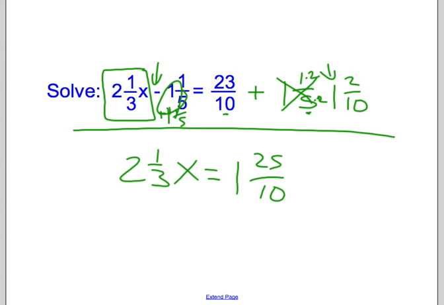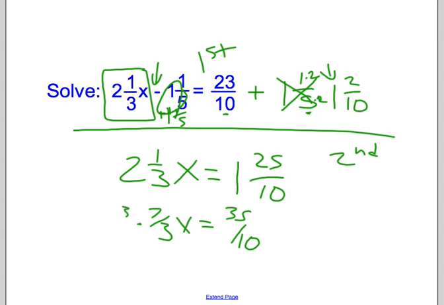Okay, at this point, now we can change these into improper fractions because we need to multiply by the reciprocal. So here again, step 1, first step was here, adding or subtracting. Step 2, or your second step, is multiplying or dividing. Here we have to multiply by the reciprocal. So we got to get the improper fractions of 7/3 x equals 10 is 35/10 when we do that arithmetic. Now you multiply by the reciprocal of the coefficient, so 3/7,